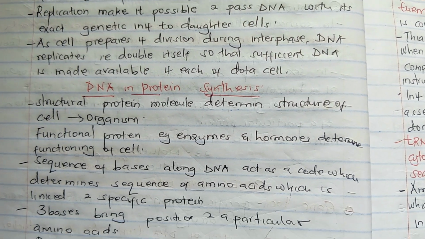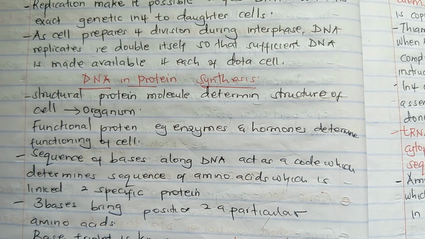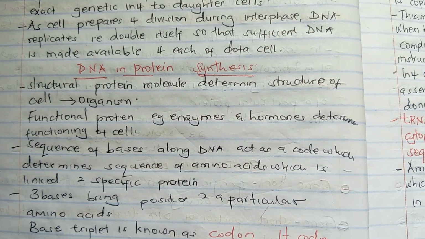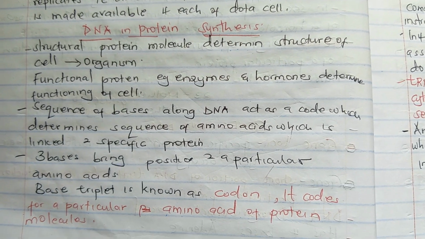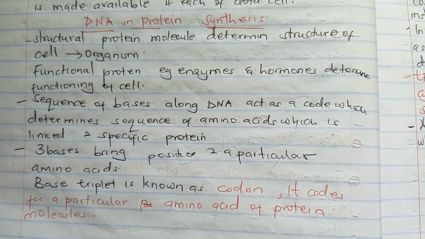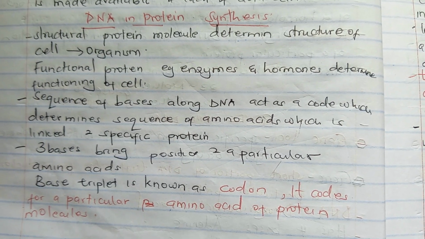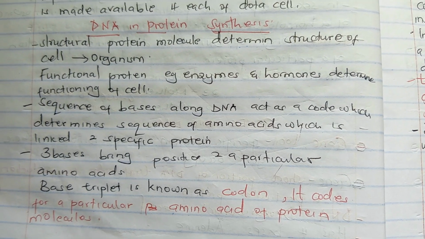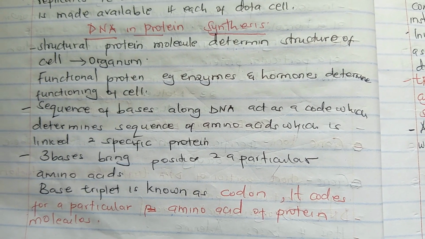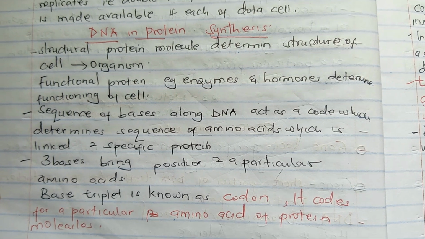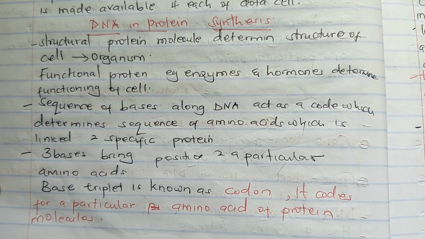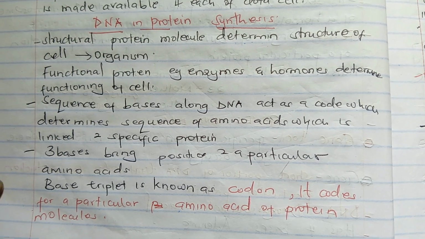So as the cell prepares for cell division, during interphase, DNA normally replicates itself, or it doubles itself. DNA is important in protein synthesis. Therefore, it makes the structural proteins that determine the structure of an organism, and the functional ones that determine how the organism functions, for example, enzymes that speed up the rate of biological reactions, hormones that are used for communication in